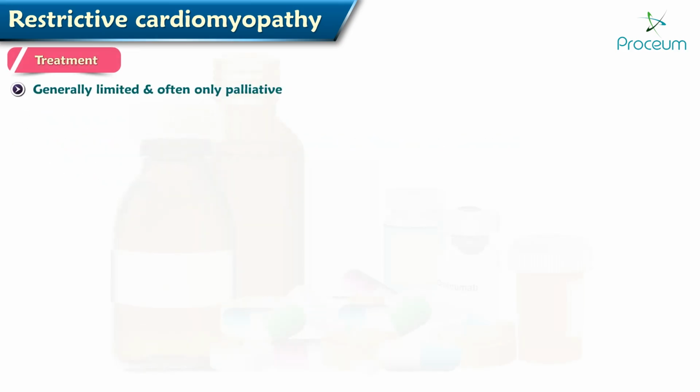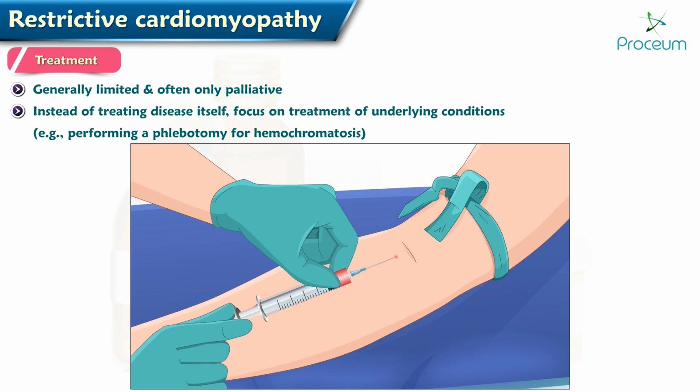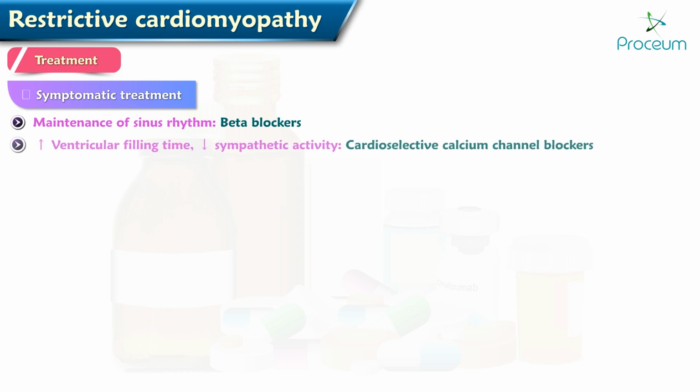The treatment is generally limited and often only palliative, although novel therapeutic interventions are now made available to treat amyloidosis. Instead of treating the disease itself, focus on the treatment of underlying conditions, like performing a phlebotomy for patients with hemochromatosis, etc. Symptomatic treatment. The symptomatic treatment entails maintenance of sinus rhythm using beta blockers, increasing ventricular filling time, and